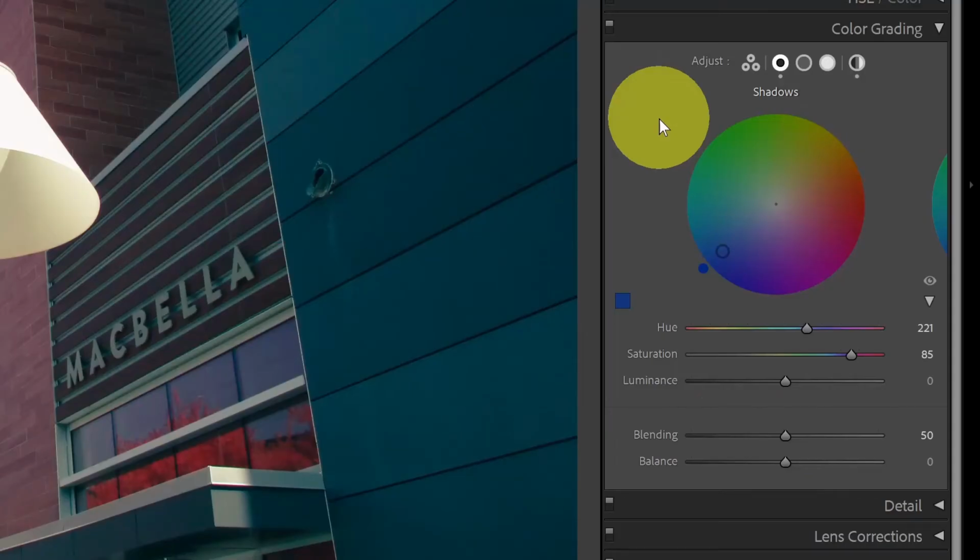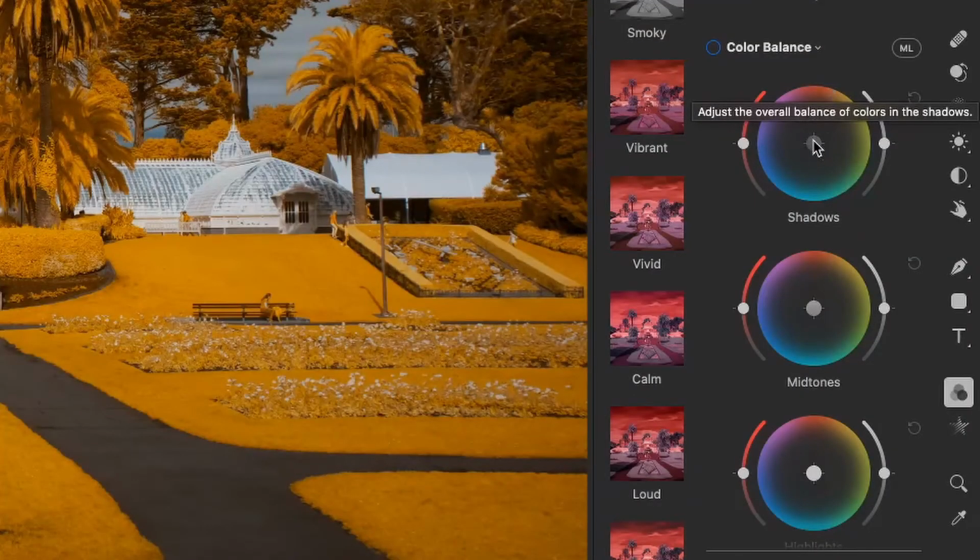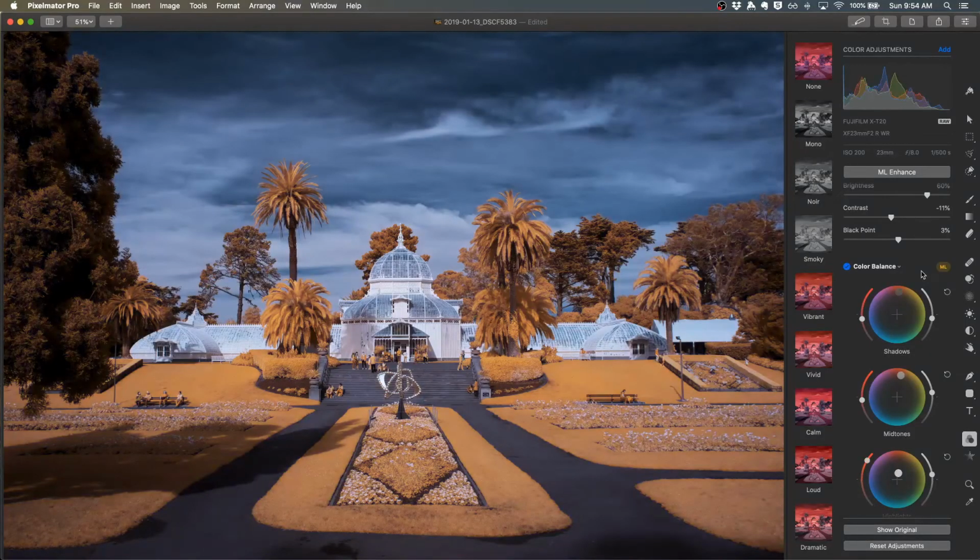So let's talk about the one feature that I think is missing from color grading in Lightroom. It's not a feature that may be necessary for color grading, but it would be really valuable for color correction or color balance, and that's an auto option. I've used the automatic color balance capabilities in other programs, and Pixelmator is a great example. It does an amazing job of automatically selecting what it thinks the color grade is. Of course, you can tweak it after you've done an auto setting, but the auto setting was really impressive,